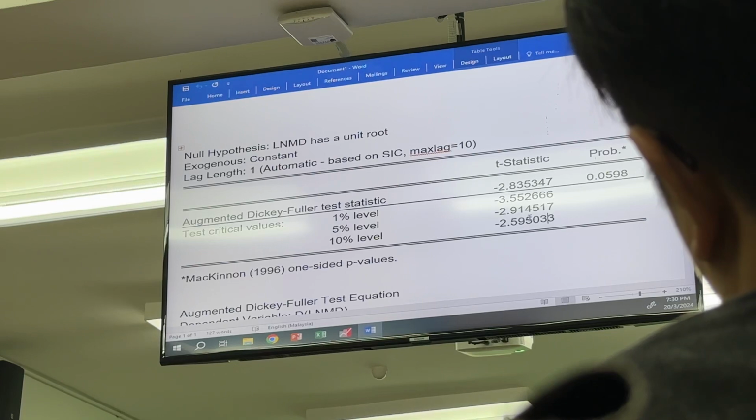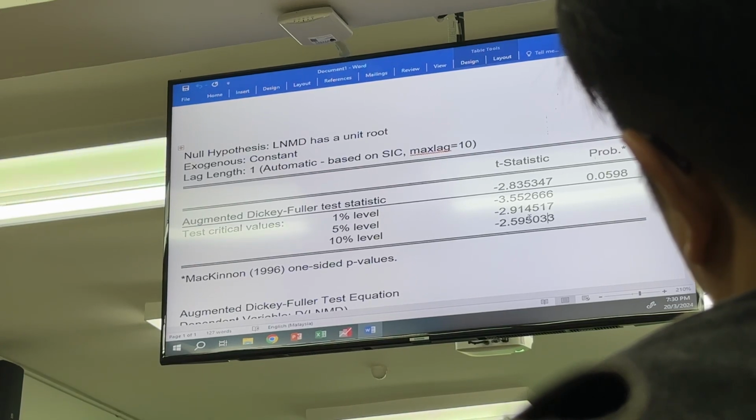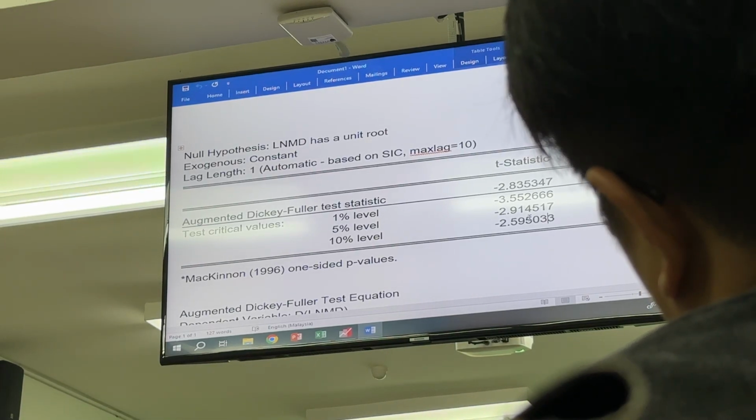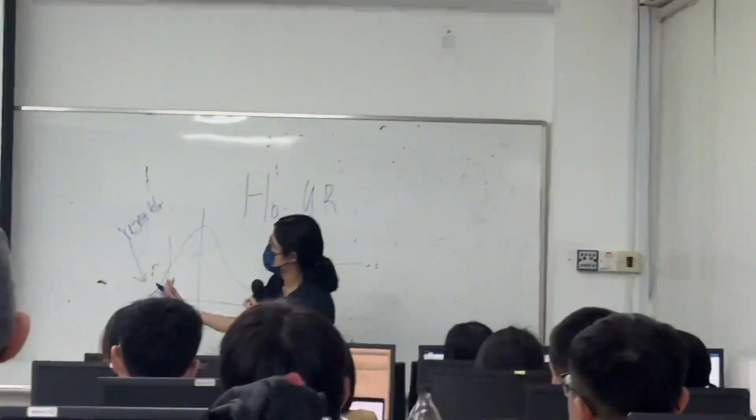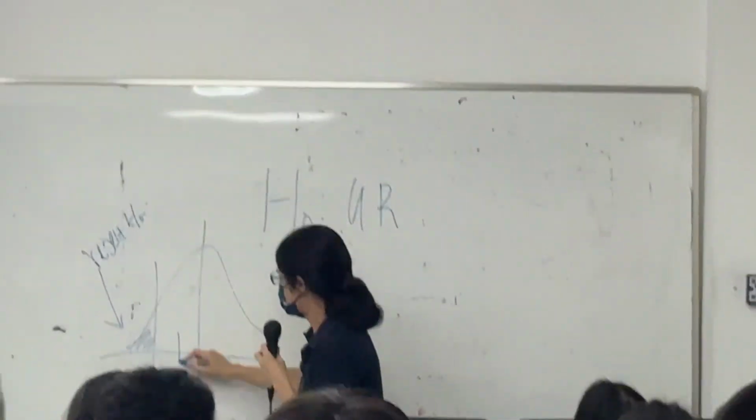the critical value is negative 2.91545. So here is the rejection region. If the test statistic falls in this region, then you reject the null hypothesis. So what is my test statistic? Negative 2.8 is here, right? Negative 2.8. So it is the